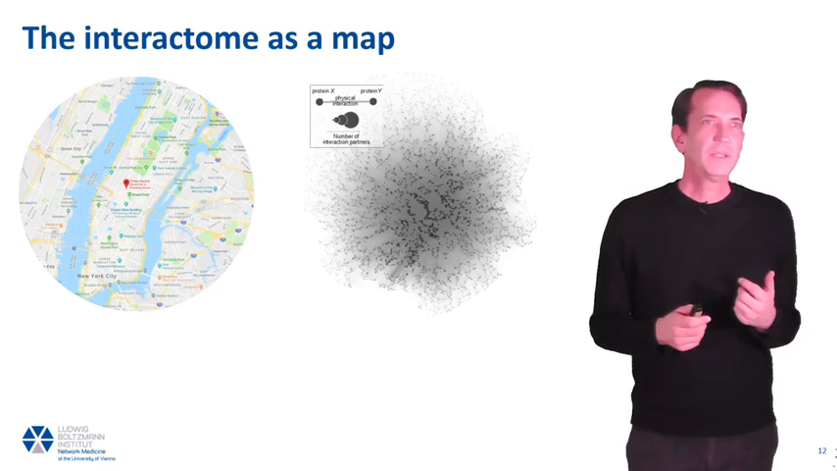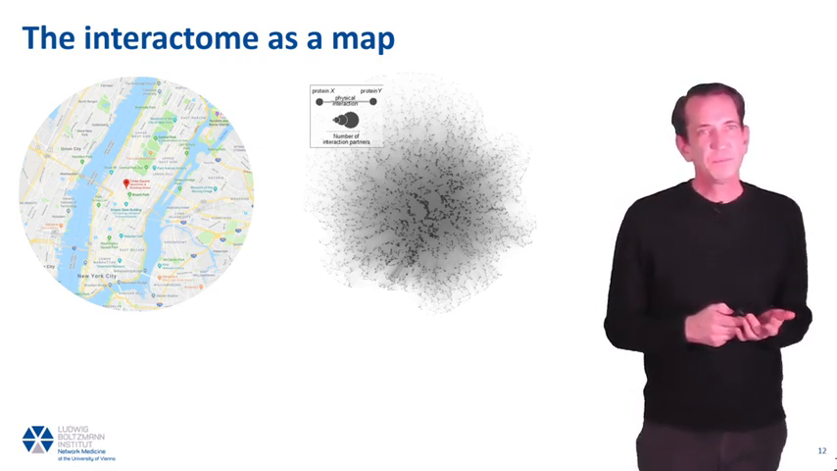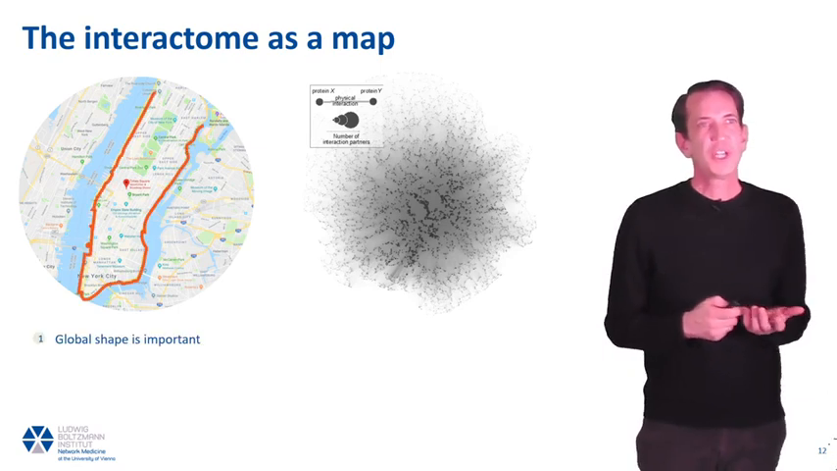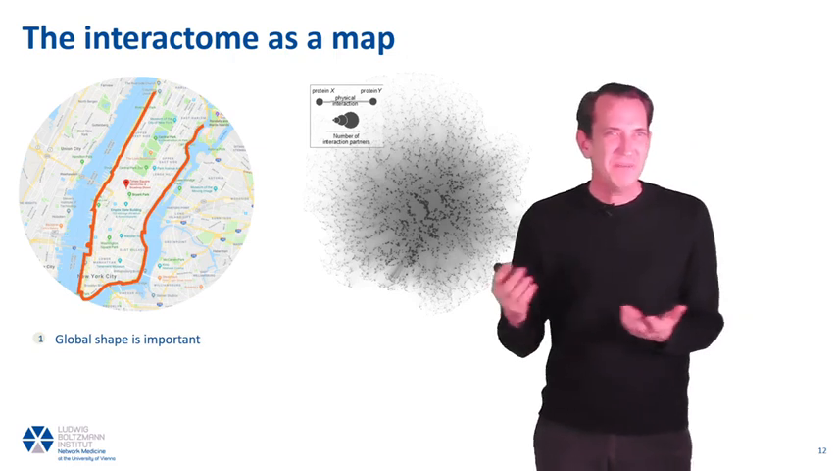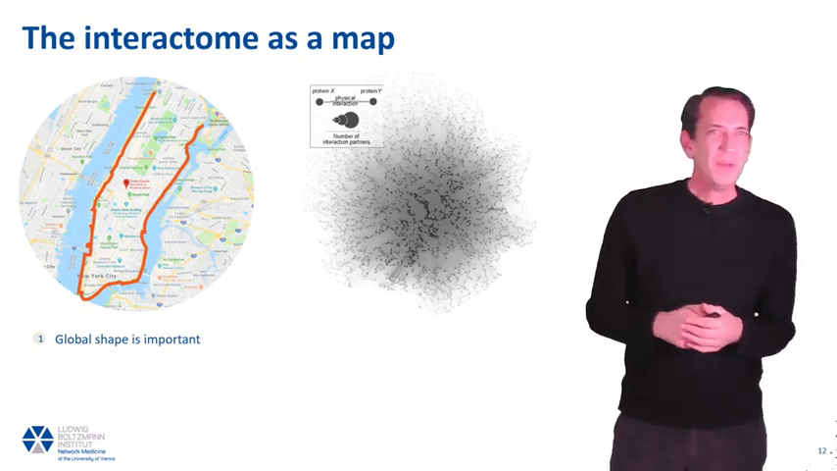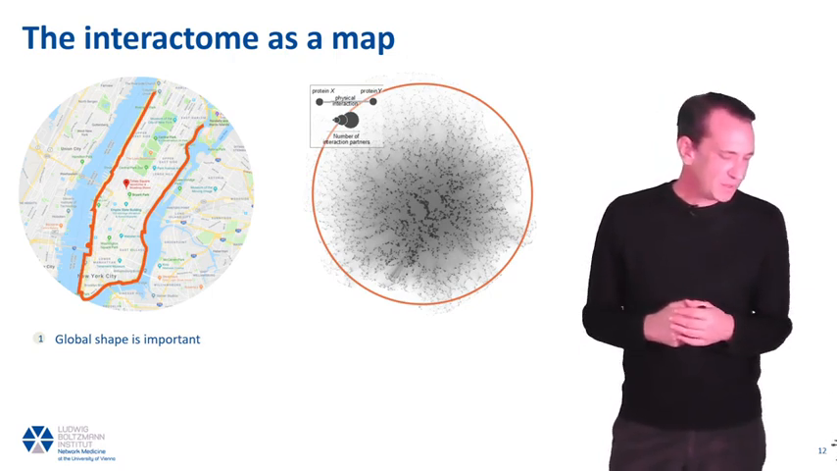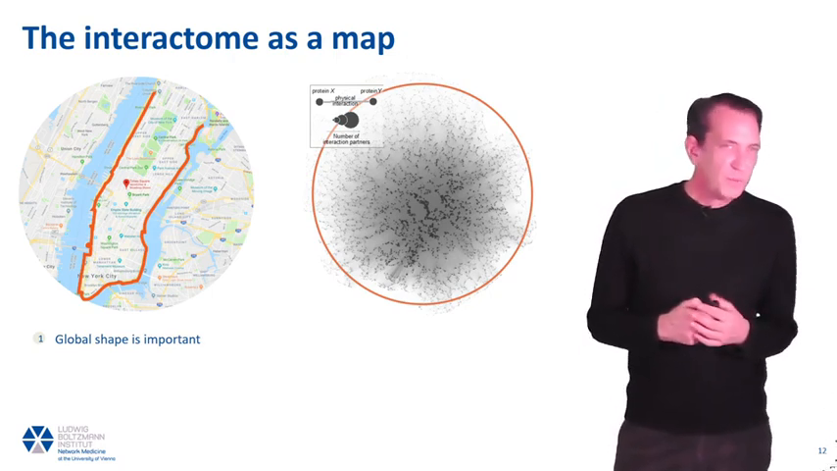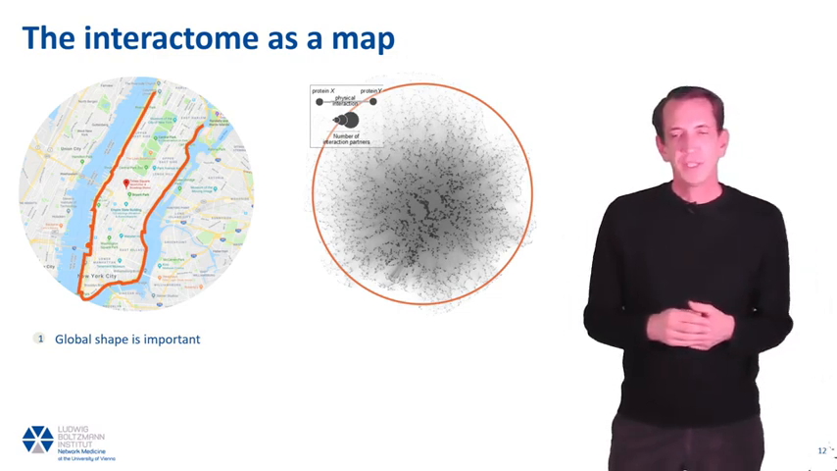And there are four ingredients to this metaphor. The first one is that global shape is important. And I'm sure that you have recognized Manhattan Island by its shape, and it turns out that networks also have a global shape. The most straightforward way of characterizing the global shape, if you will, of a network is through the